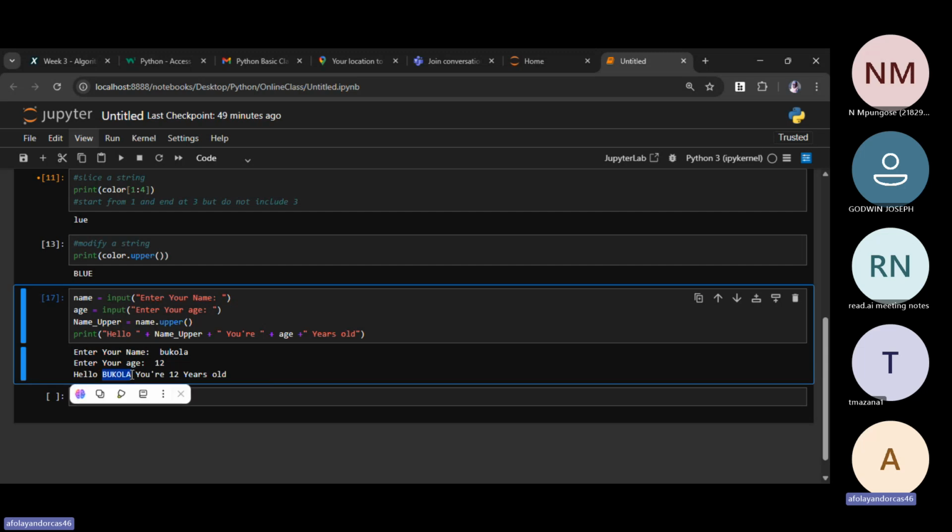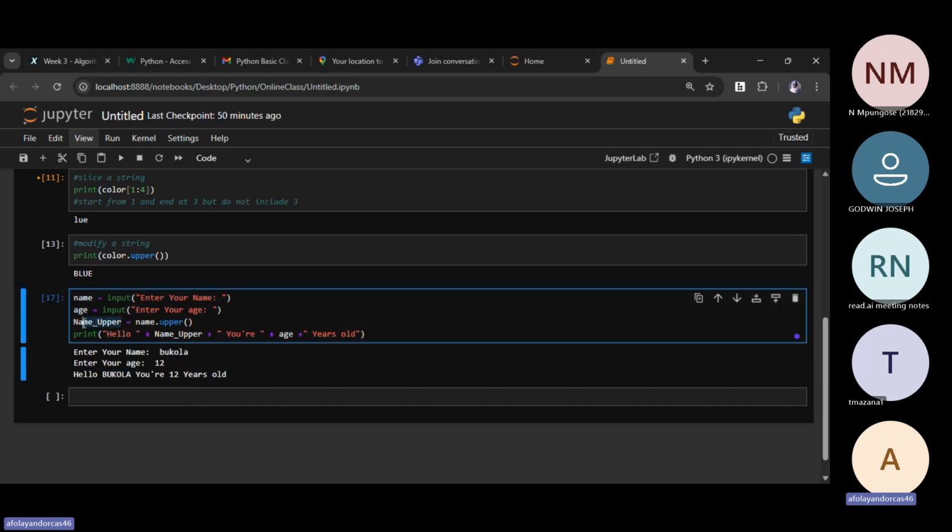So this is not some kind of magic, it's code that we wrote together. The first thing you do is get the name of the user, get the age, then the name that you've gotten from the user, set it to a variable that turns it to uppercase. Then you pass the variable that turned the name to uppercase inside the output. So output it out. So this is what we have for now, capitalizing names.